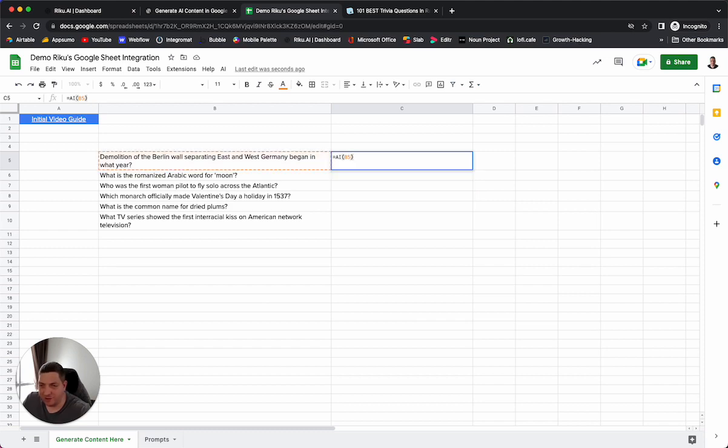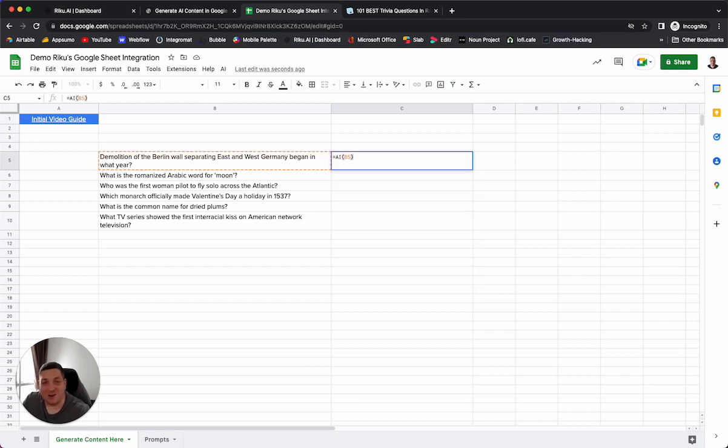And if there was a multiple input, then we put a comma, and then we put our second input, our third input, etc. But because we are only working with one input here, we just put the one input field, which is B5. You could type in a question if you wanted to do that. Alternatively, if you are using a prompt which doesn't have any input fields, you just leave the brackets blank. So you just close the bracket and you're done. But we are doing B5,